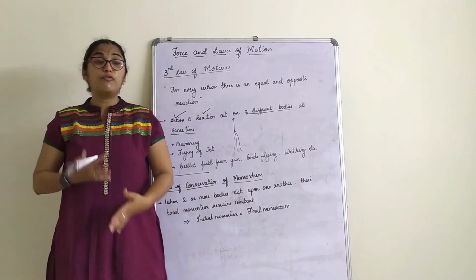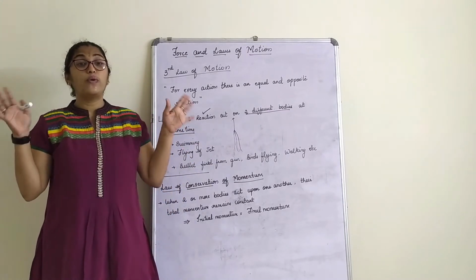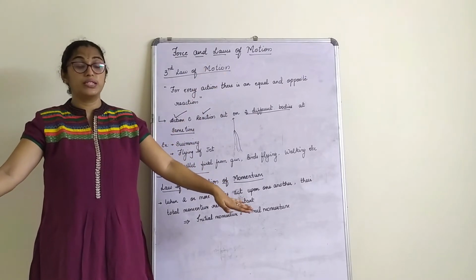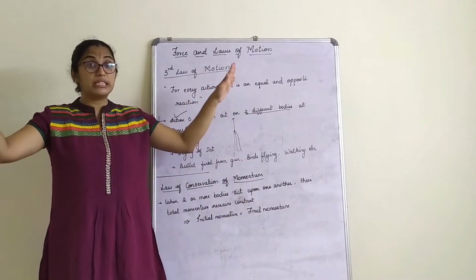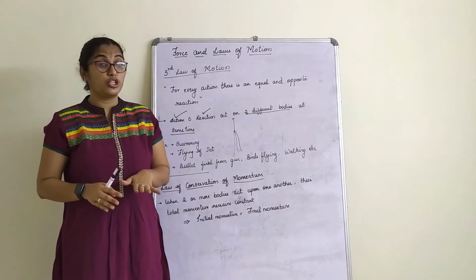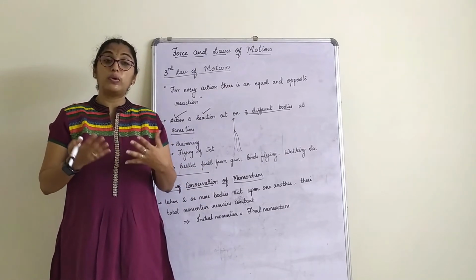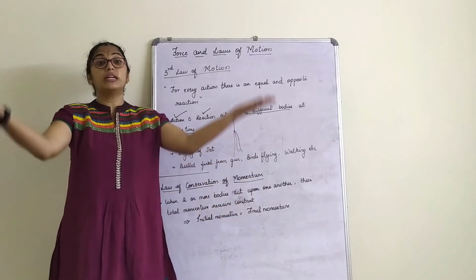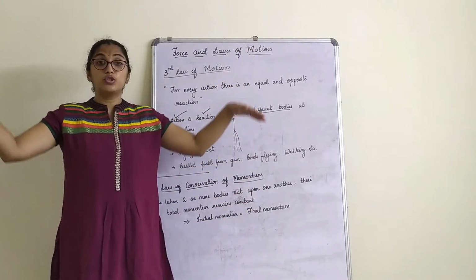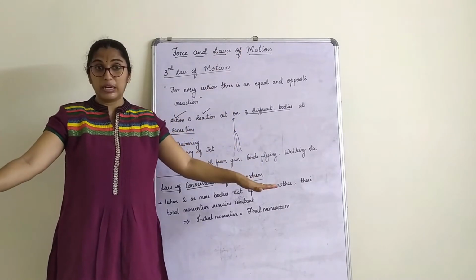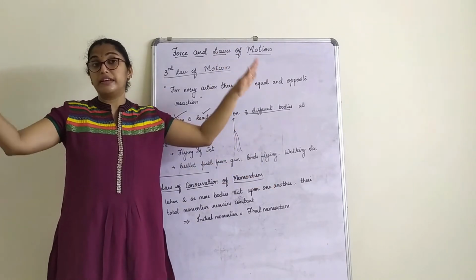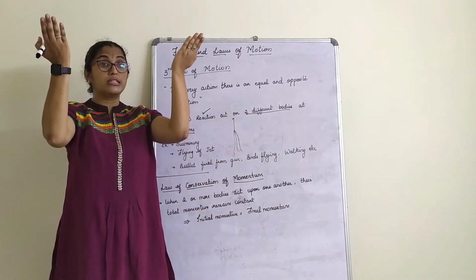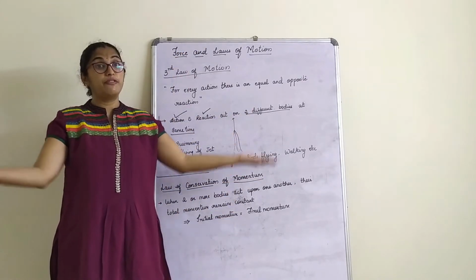Birds flying. Now what do birds do when they are flying? When they flap their wings, they push the air downwards, right? Pushing the air downwards is the action. So in return, the air in the atmosphere pushes the bird upwards, right? So the action is that they are flapping their wings down, and the reaction is that the air in turn pushes back, so that the flap can again repeat.